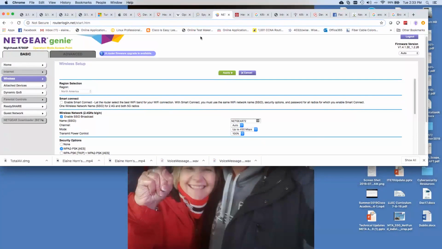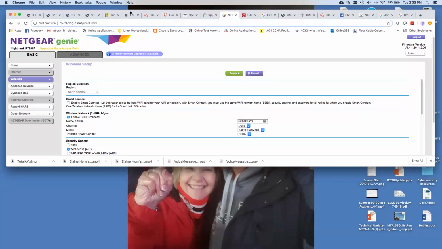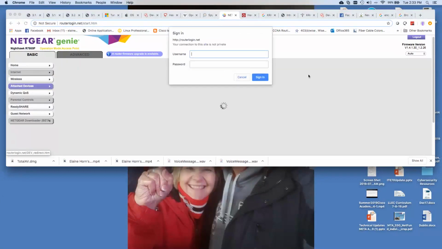So if you notice, I am running a Netgear Nighthawk wireless access point. And when I look at this, first of all, we're going to get ready to talk about SSIDs. So we'll get back to that in just a second. So we'll return to the screen in a little bit. But when I do attach devices, and it's asking for my username and my password,